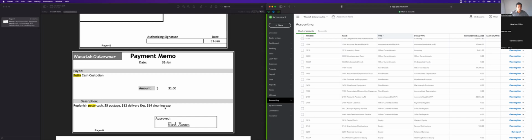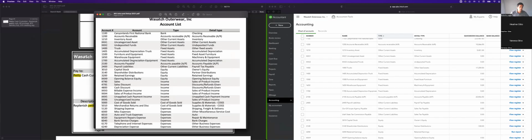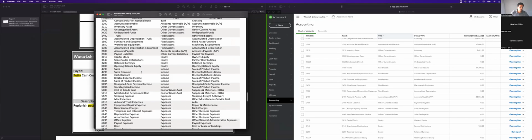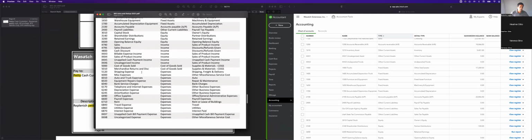I'm not sure. What doesn't make sense to me is that usually I take from the cash account to the petty cash account. But because we don't have a petty cash account, I don't understand how do I get out of the cash and put it back in cash?